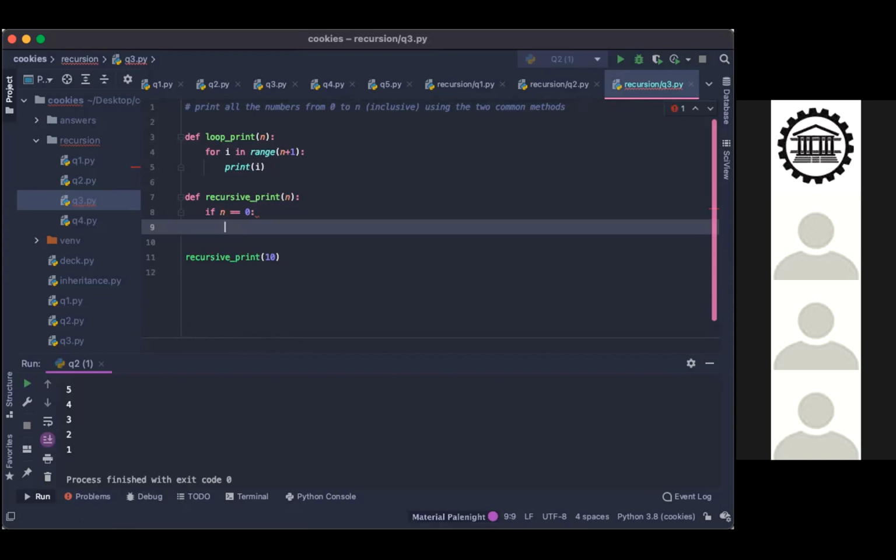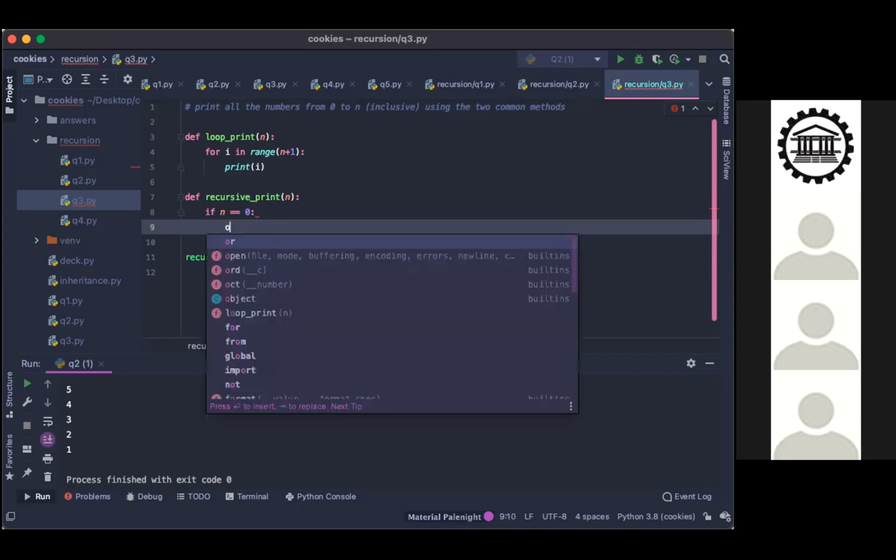Just by changing the order of two lines. If n equals 0.